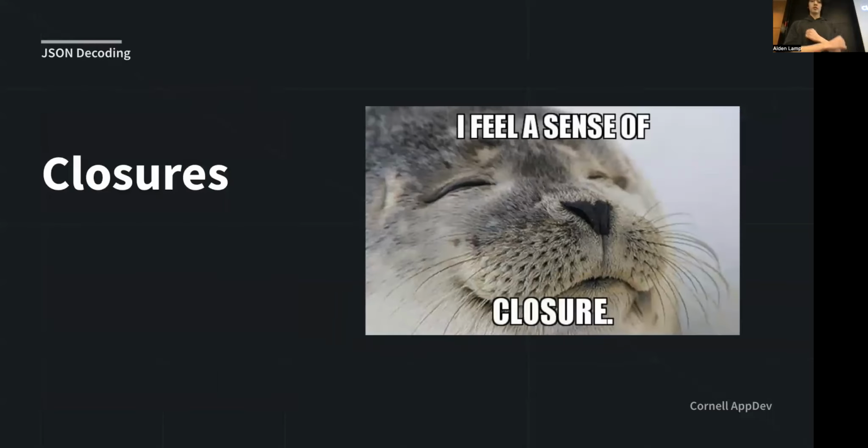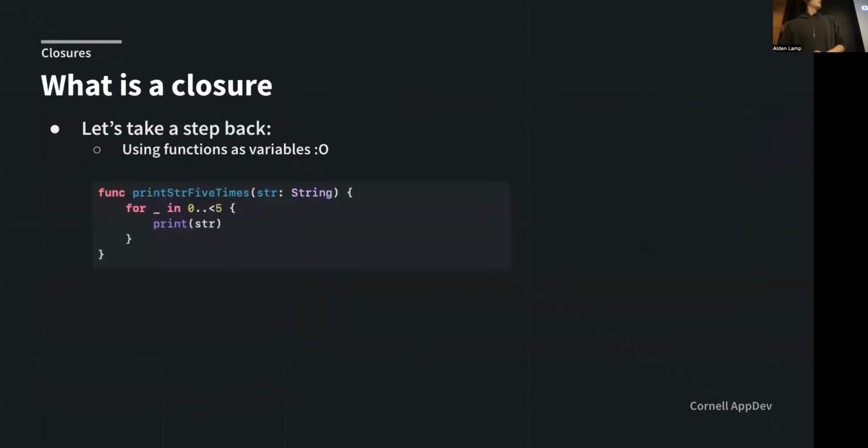Now closures. Yay. Closures are kind of an inherently weird thing to understand, so I'm going to try to go through this slowly. If anyone has any questions at any point, feel free to ask. But before we get into closures specifically, we're going to take a step back and introduce the concept of using